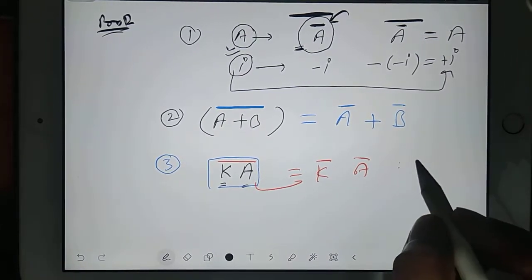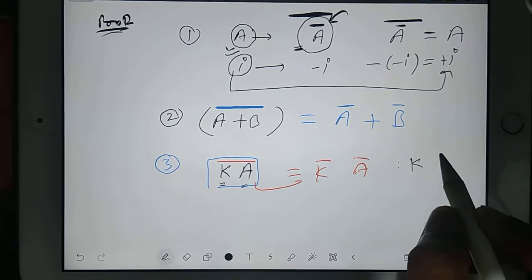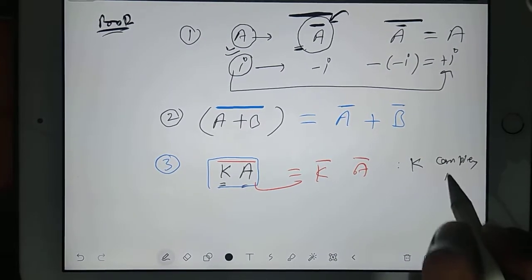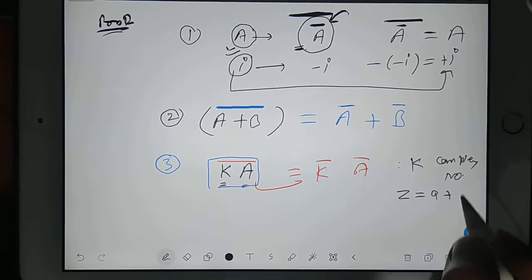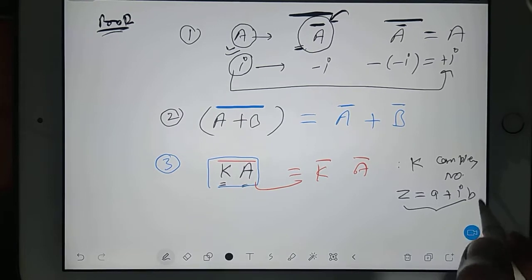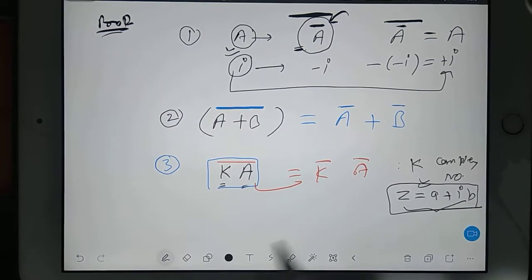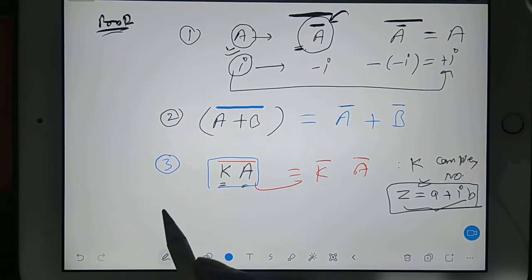What is k here? You can say that k was any constant, any complex number. What is a complex number? A complex number used to be in a plus ib form. When I teach you complex numbers, I will go into detail. Right now, for the matrix purpose, there is no need to know more.